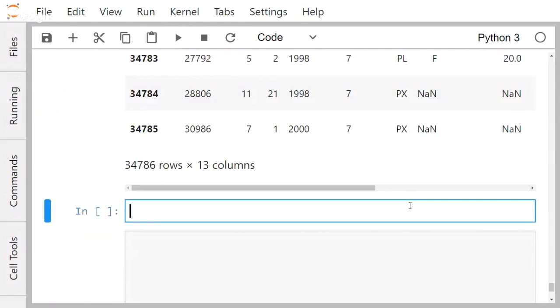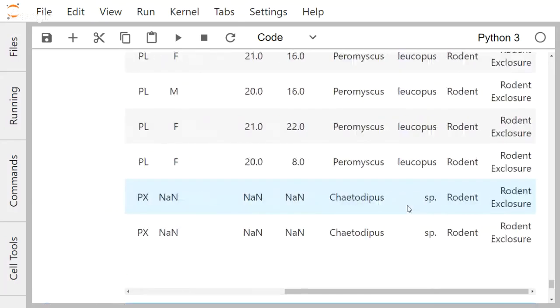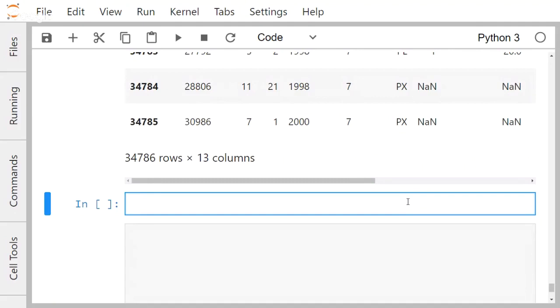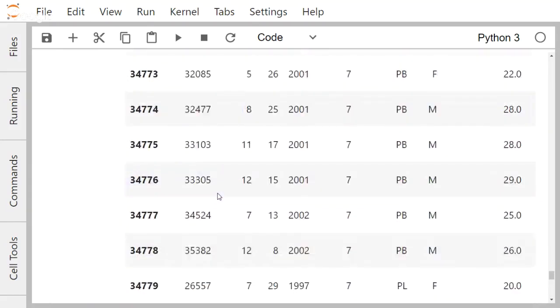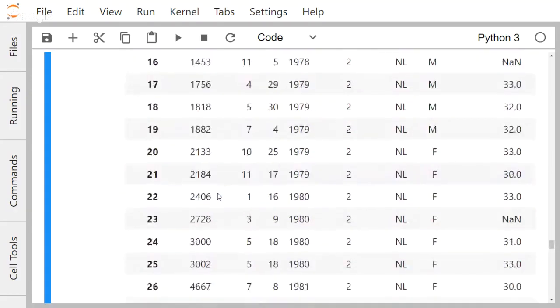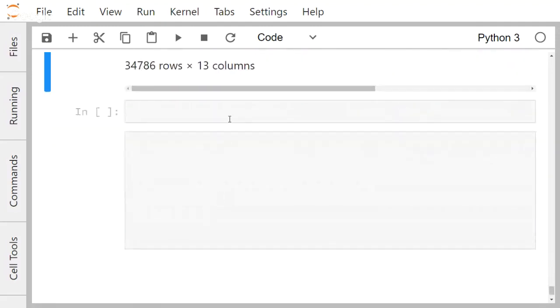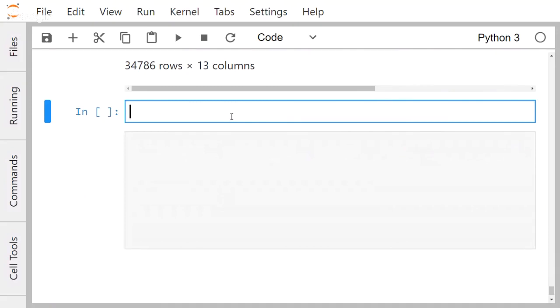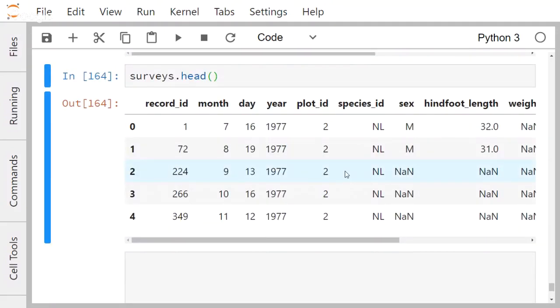This is particularly useful because then we can do stuff like grab the sex of every single animal that we've seen, or figure out how many male rodents we uncovered throughout this survey, et cetera, et cetera. So far what we've done is read this in using read CSV. By default, if you count this, you'll see that when it's trying to display, it'll do the top 30 and then the bottom 30. This is just because Jupyter won't try to flood the screen with this giant amount of data. However, if we wanted to just see what the top of it looked like, and we don't want to even see all 60, we can use the method head,